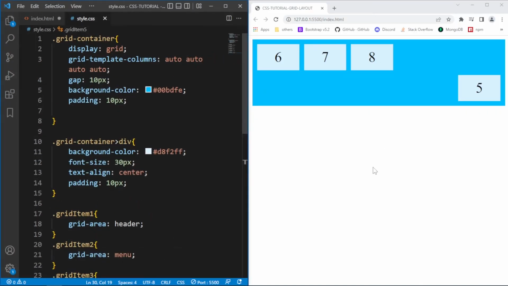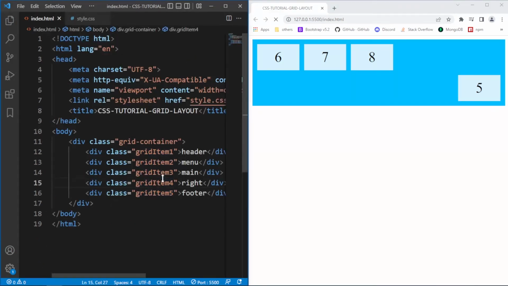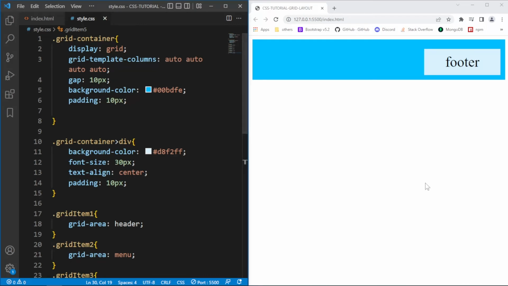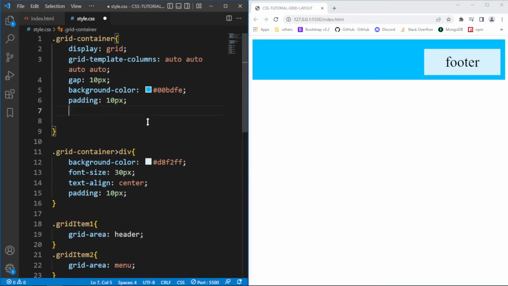And see what we have now. So here it is, and I'm gonna save this as well. And this messed up because we haven't added another property here,